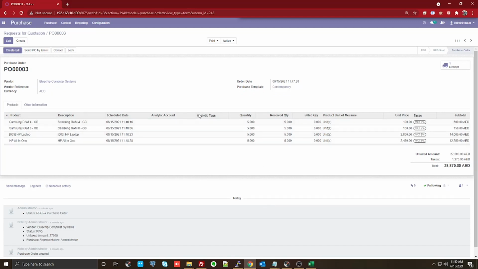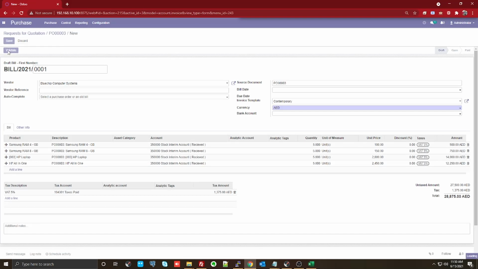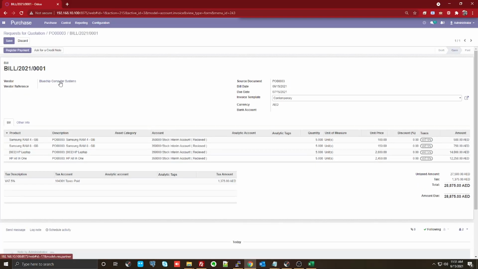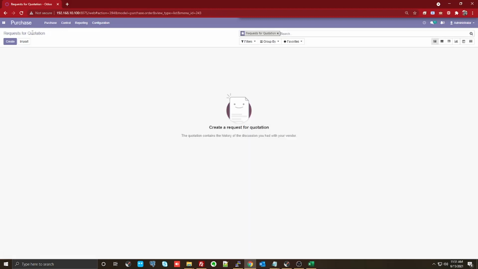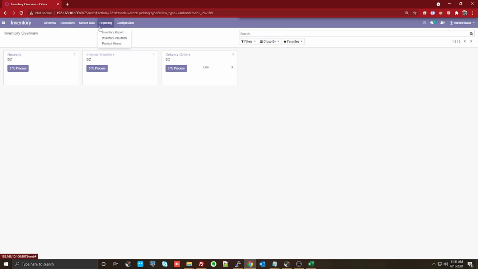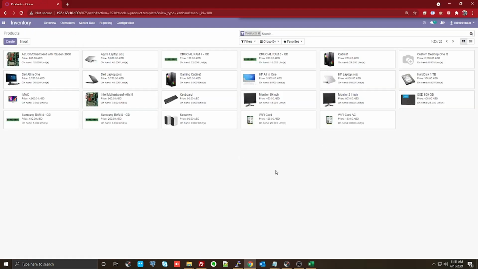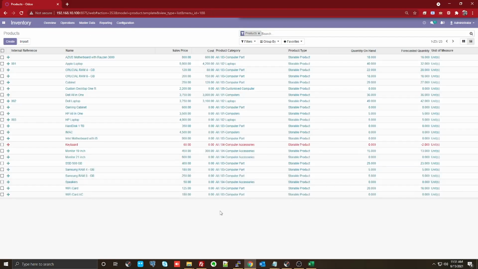So I am telling the system that I received all these products from the blue chip. It's time for you to go ahead and bill for that. So I'm just creating the bill against it, and validating and closing it. So from here, the system will identify each product's cost, which is already in the system right now. But if you go back and look at the costing side of it, you might not be able to see the price of each product even after purchasing it, because the system will wait for the first transaction to trigger, wherein the numbers would be automatically updated after that.